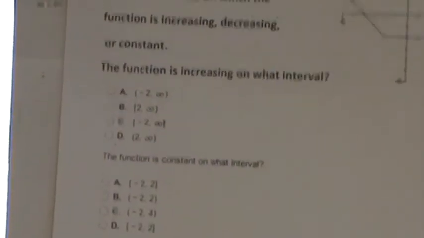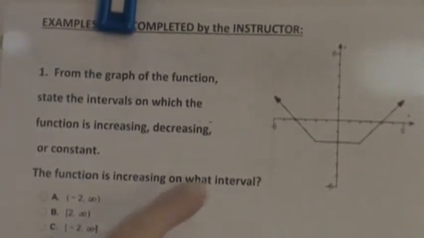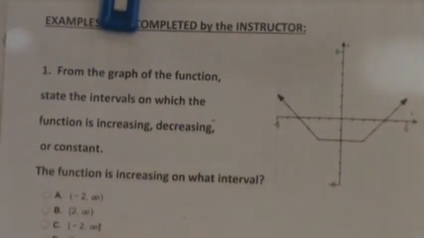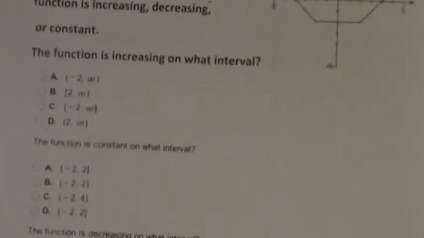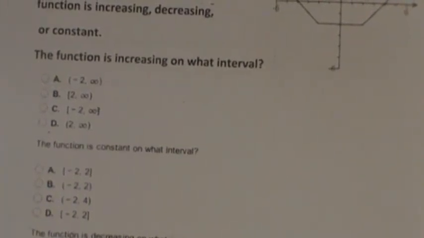I'm just going to begin here with example 1, and this is exactly what you'll see in MyLabs Plus when you click on section 2.1. There's a graph. And it's going to ask, where is the function increasing, where is the function constant, and where is the function decreasing? Now these words are self-explanatory, but what you have to remember is you need to look at the graph